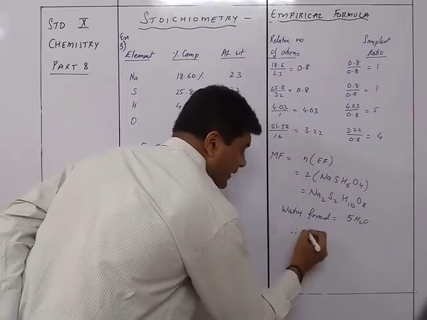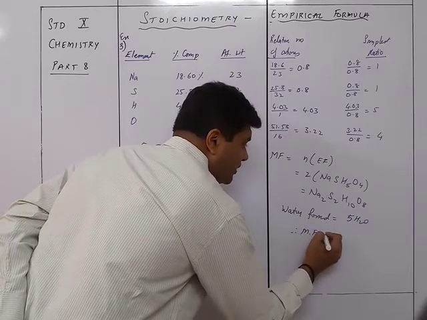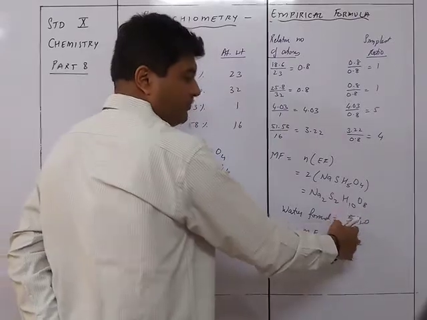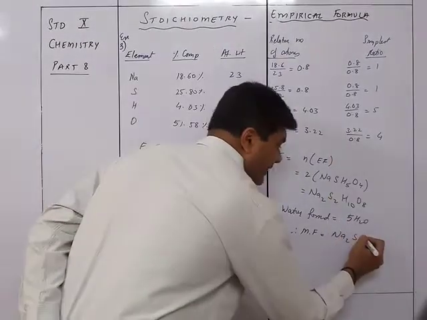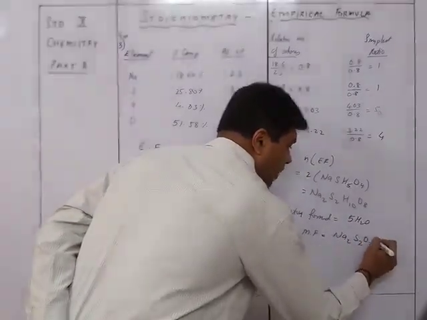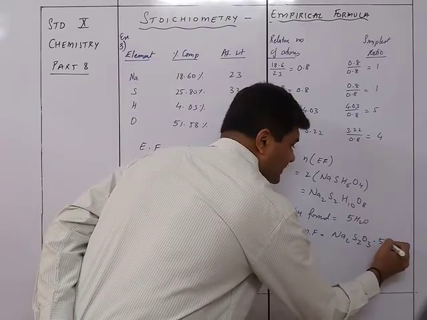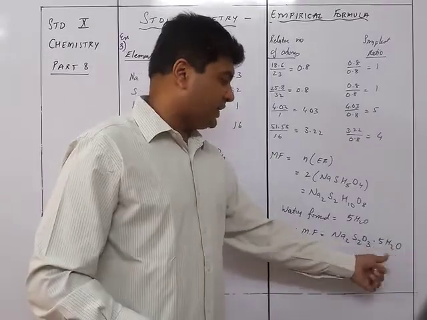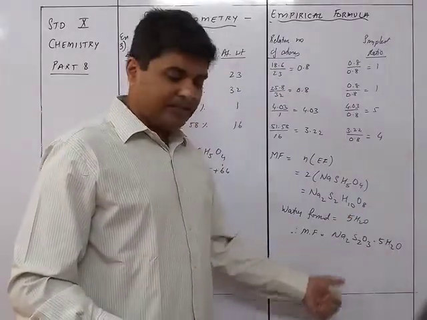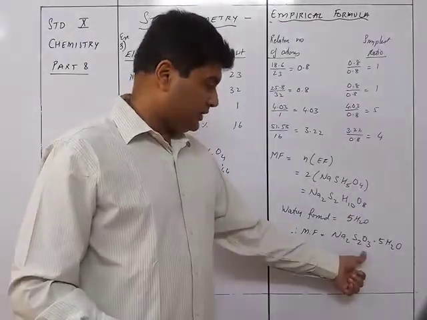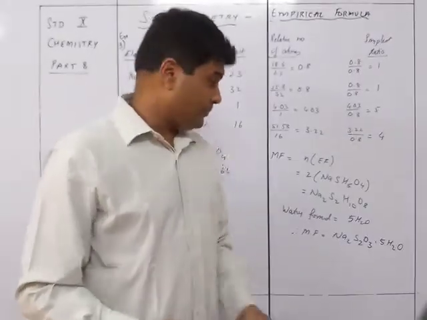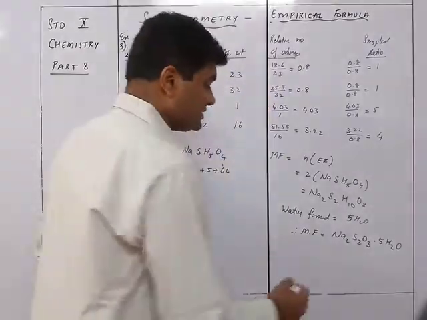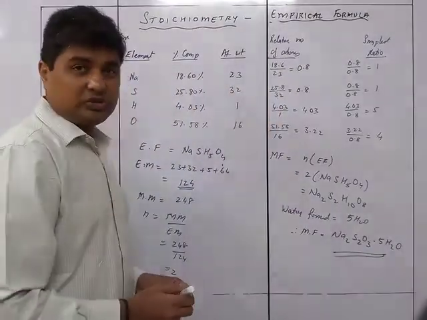Therefore, the molecular formula will be Na2S2, and 5 oxygens will be gone, so 3 will remain. So S2O3 dot 5H2O, because 10 hydrogen and 5 oxygen are used in water, so from 8 oxygen, the balance is going to be over here. So that is why it is sodium thiosulfate dot 5H2O. That will be the answer for this particular question.